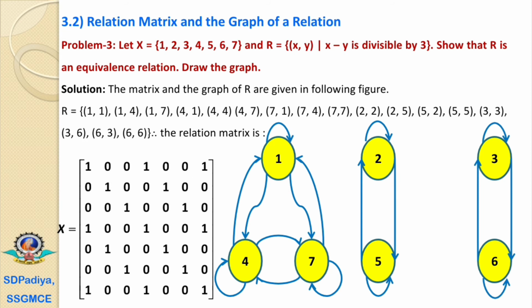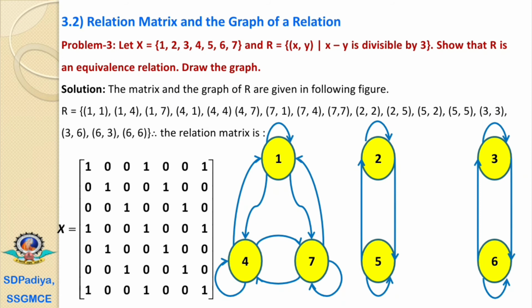Right? But what was the question? The question is to show that the relation R is an equivalence relation. Then which is the equivalence relation? If it is reflexive, symmetric and transitive. From this graph, can we say that it is reflexive? Yes. Because if we observe all these 7 nodes, all these nodes have a relation with itself, that is 1, 2, 3, 4, 5, 6, 7. All are having the relation with itself. That's why it is reflexive.